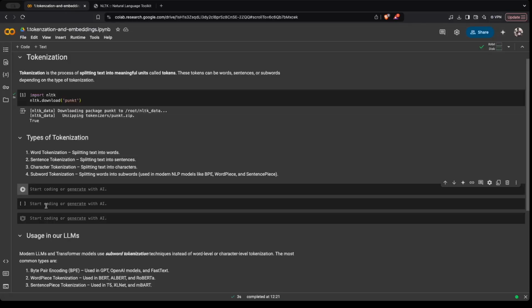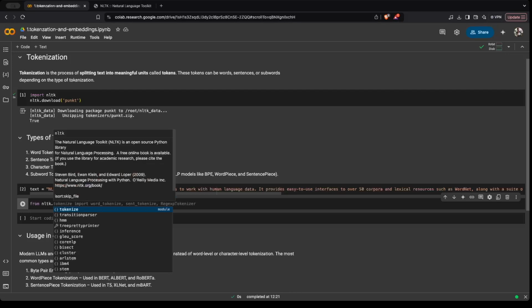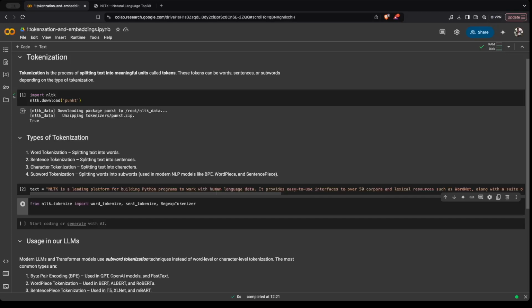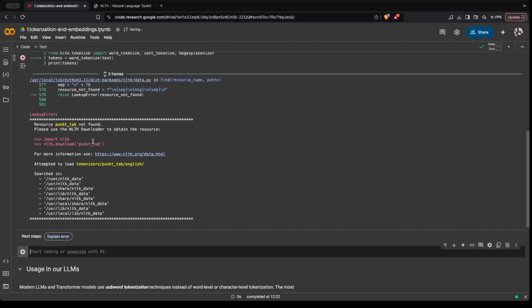Okay, so let's make some text in some string, and there you go. Now we have added text. Now we'll import from nltk.tokenize. We can import word_tokenize and sent_tokenize, and then we can pass our text to get the tokens. So we will pass the text that we have defined above into word_tokenize, and let's print the tokens. Rather, because there are multiple, okay, we are seeing this error because